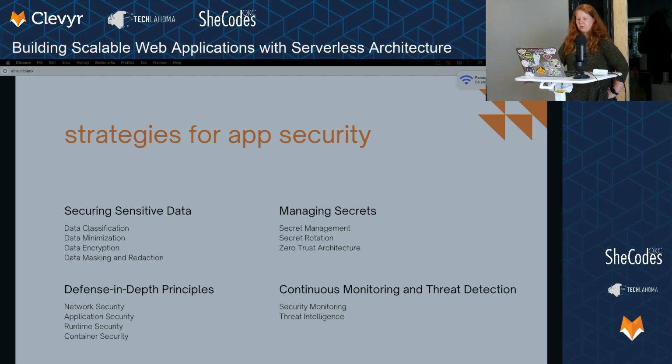So some strategies for making this secure is securing your sensitive data. Data classification: classifying your data by regulatory requirements, what's confidential and what is not, depending on the level of risk. How do I store social security numbers versus favorite color? Those are different things. Well, favorite color is bad because that's a security question, but categorizing these things so we know where they're stored, and then also only storing the minimum amount of data